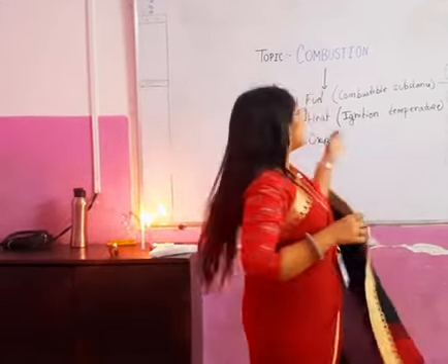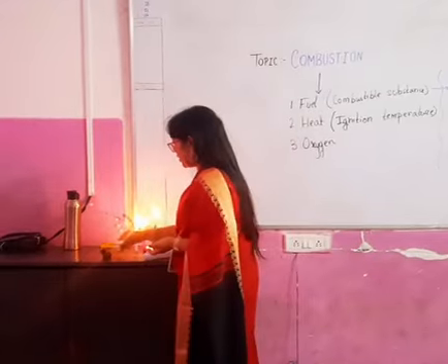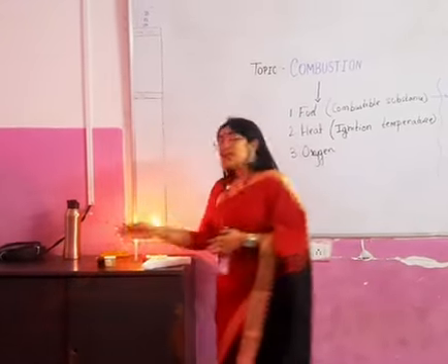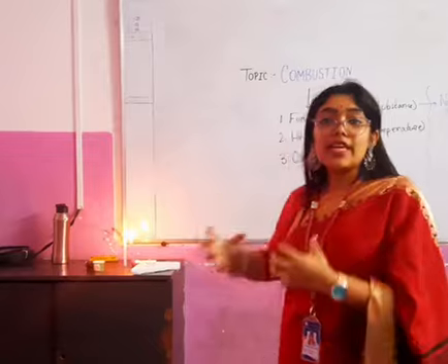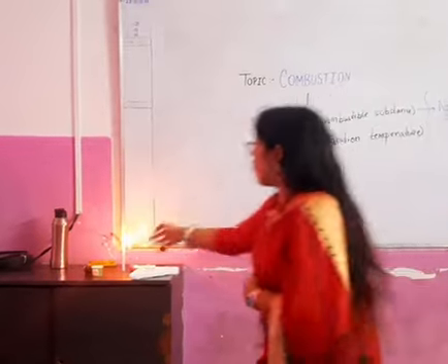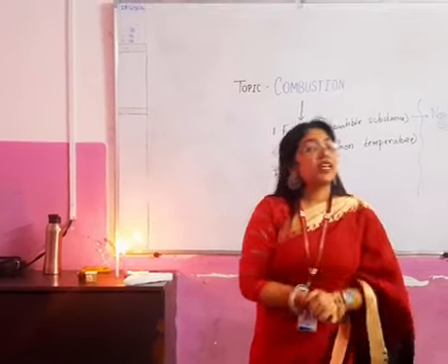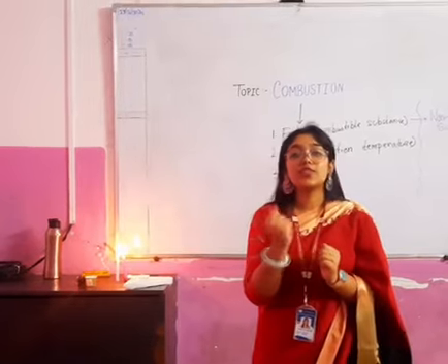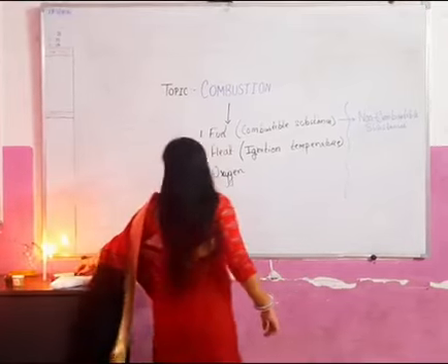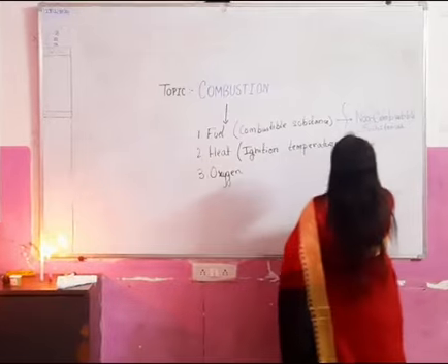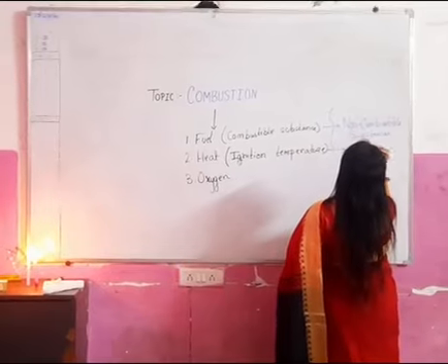Why? Here is where the ignition temperature works. How? Because here it is not getting the same ignition temperature like this. Meaning the water is absorbing the heat and making a high ignition temperature for the cup with water. But the cup without any water has a very low ignition temperature. That's why it burns very quickly. So to stop combustion, we understand that we need high ignition temperature substances.